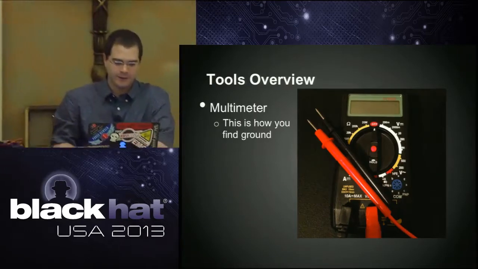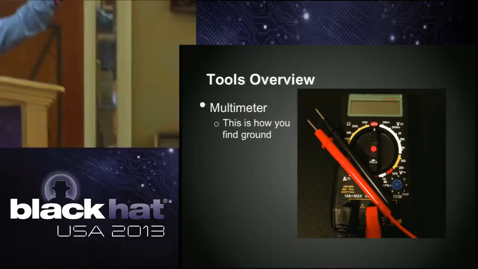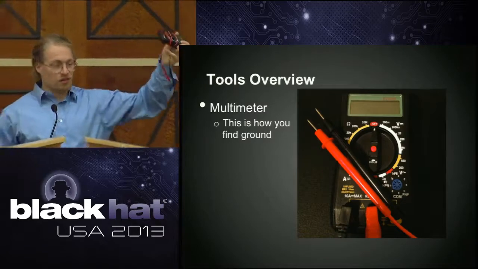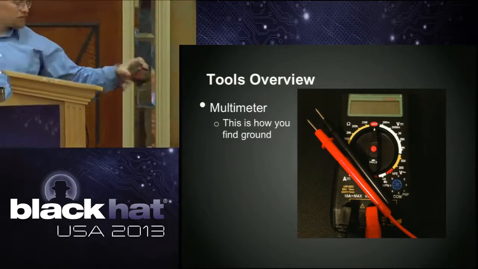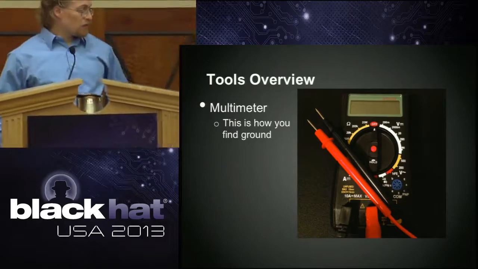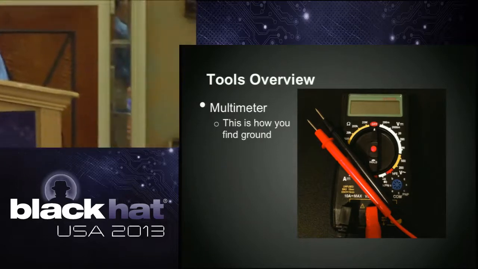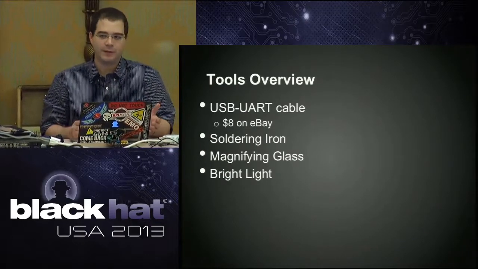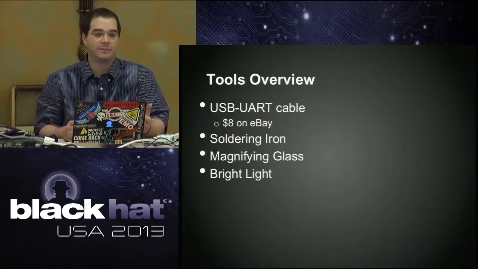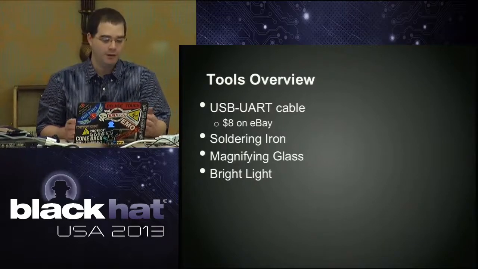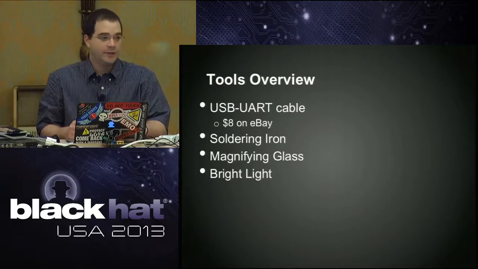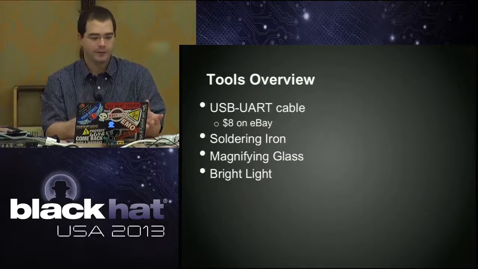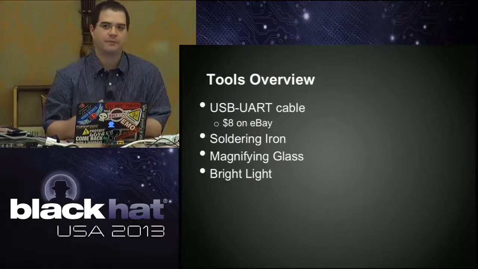Next one on the list is a multimeter. So when we were talking about how you make sure that your voltage isn't too high for whatever your tools are, this is how you want to do it. Yeah, and it's an awesome ground finding tool, which you can also do with a battery and an LED. Other tools, like I said, $8 on eBay, USB UART cable. If you can buy it from China, it can be under $1 if you buy it in bulk. Soldering iron, very important if you find the pins on the PCB and you want to connect your bus pirate to it. You need to make it comfortable.